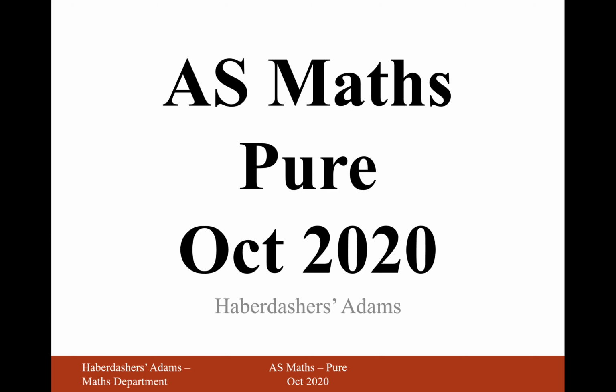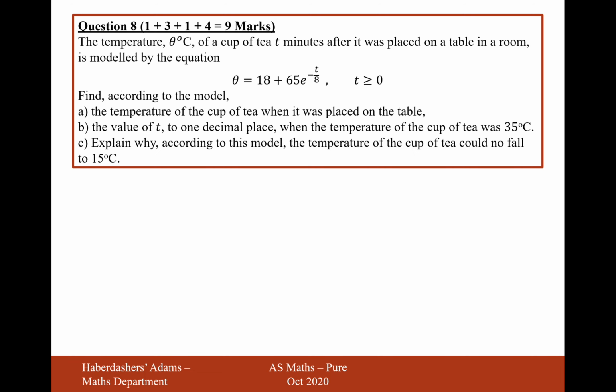Hello there, welcome to the October 2020 paper. Here we're looking at question 8. The temperature θ degrees Celsius of a cup of tea, t minutes after it was placed on a table in room temperature, is modelled by the equation θ = 18 + 65e^(-t/8). According to the model, find the temperature of the cup of tea